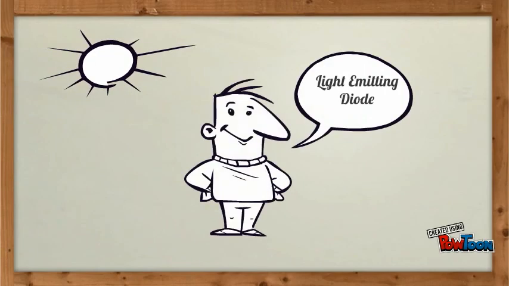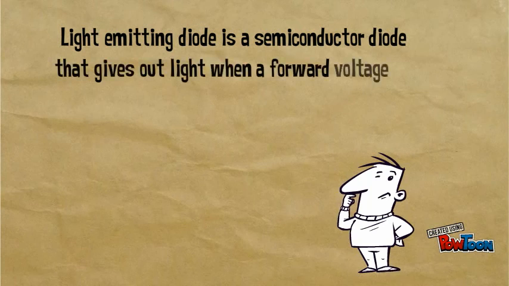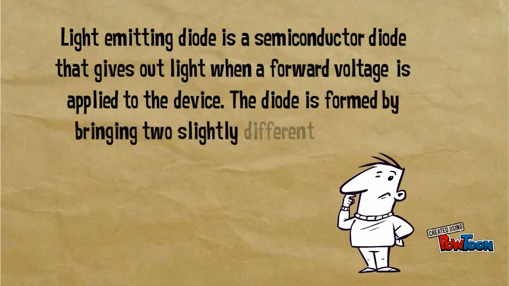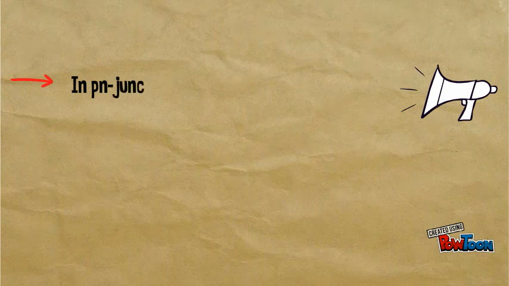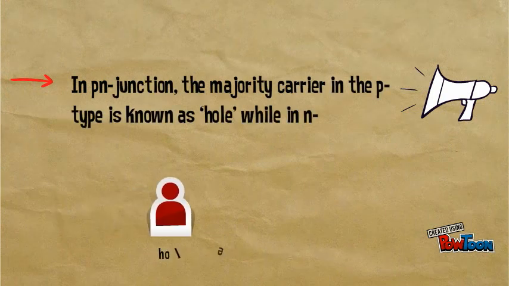This video will explain about light-emitting diode. Light-emitting diode is a semiconductor diode that gives out light when a forward voltage is applied to the device. The diode is formed by bringing two slightly different materials together to form a p-n-junction. In p-n-junction, the majority carrier in the p-type is known as hole, while in n-type, the majority carrier is an